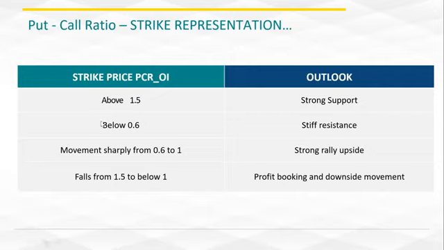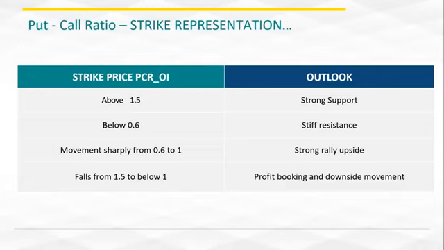So when the strike price PCR OI is above 1.5, it is very strong. Below 0.6, it is a resistance. So if Nifty, like we calculated, 9,300 PCR OI was 0.6, many people wrote 0.5, roughly at that level. So that means it was a resistance. And if we look at the last session, we saw Nifty facing so much resistance at the 9,300, 350 zones, and then coming down to 9,190, 9,200.